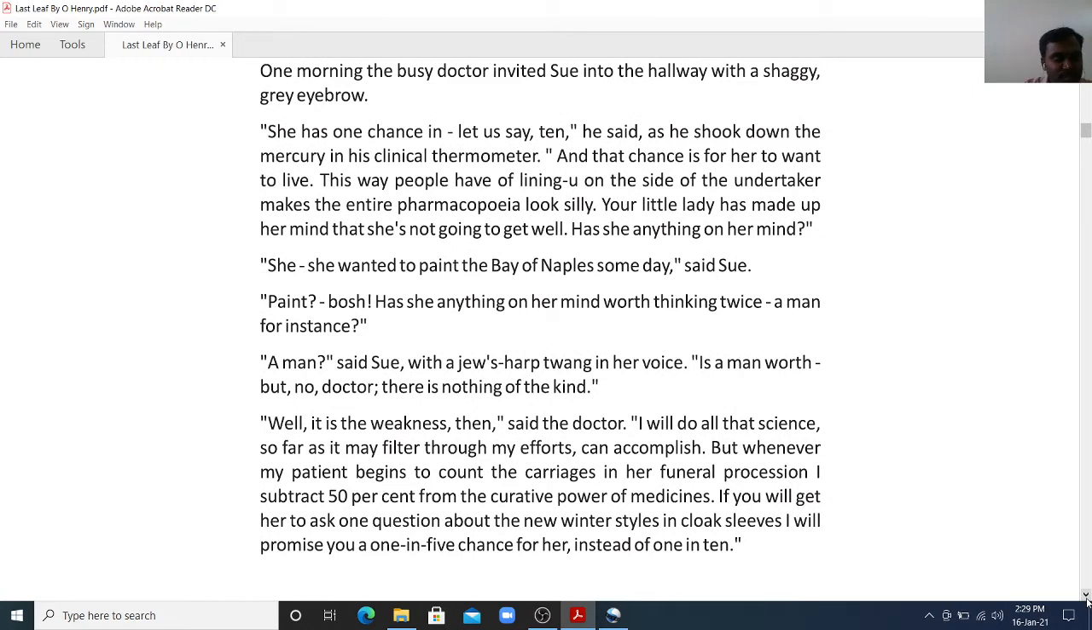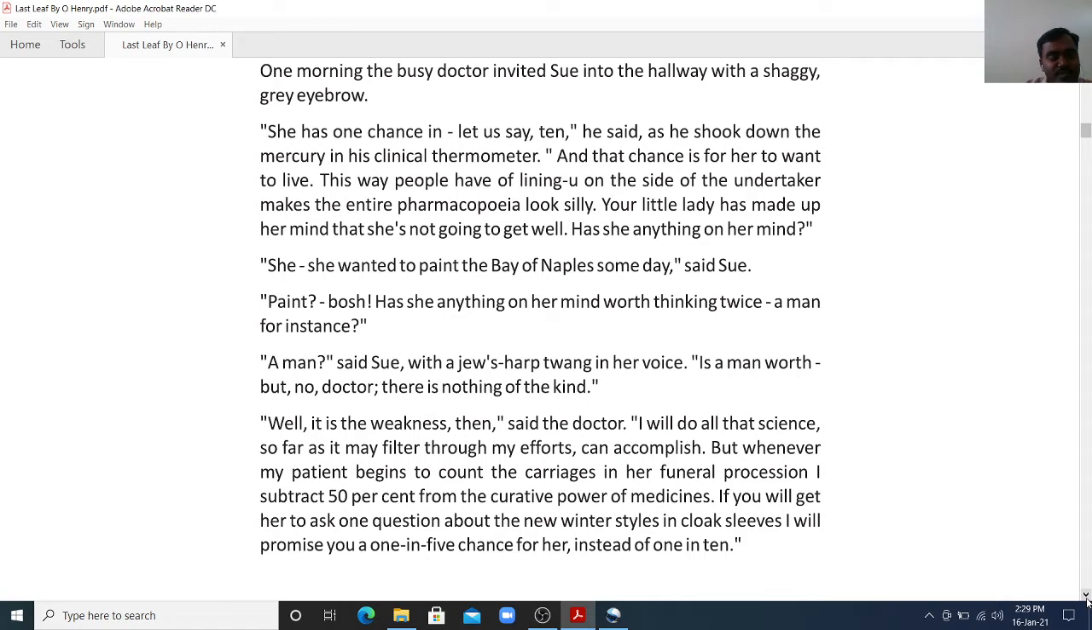She has to decide, she has to be hopeful of living. This way people have of lining up on the side of the undertaker makes the entire pharmacopoeia look silly. So now, Sue is really worried. The entire pharmacopoeia, the entire